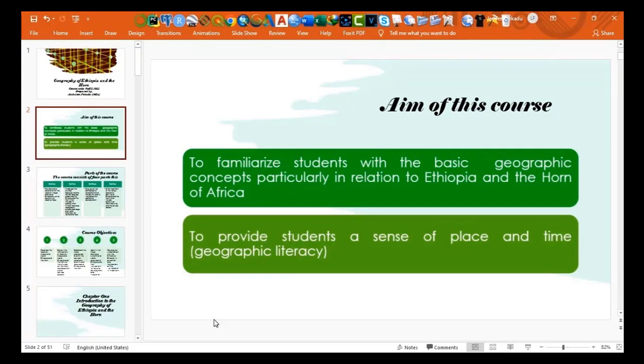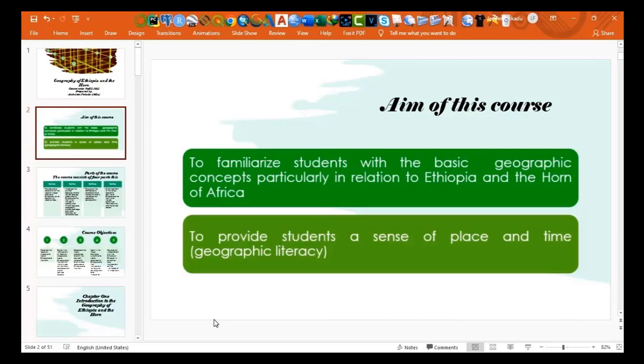The basic geographic concepts for geographic understanding and geographic questions or inquiry are location, direction and distance, size and scale, region, physical and cultural attributes, place, and spatial distribution. These are the basic geographic concepts. So the aim of this course is to familiarize students with these basic geographic concepts in relation to Ethiopia and